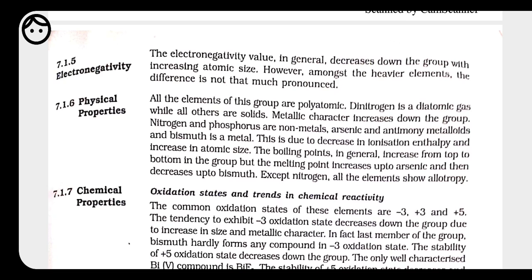So all the 5 electrons should take part in the reaction, because according to the rule, the electrons present in the outermost shell take part in the reaction. For nitrogen, arsenic, and all the elements in this group, all 5 electrons take part in the reaction except bismuth, because in case of bismuth only 3 electrons take part. The 2 electrons present in the s orbital do not take part in the reaction because of the inert pair effect.